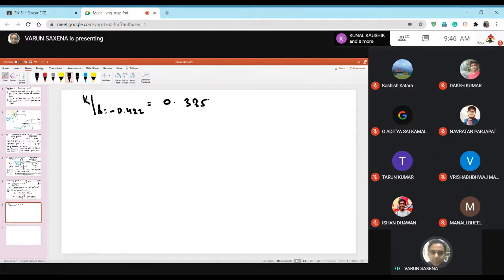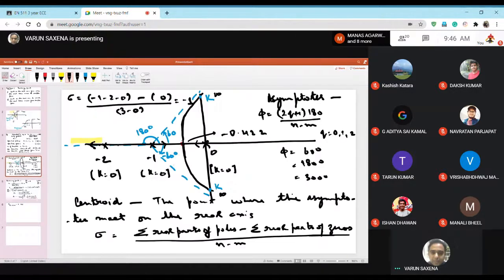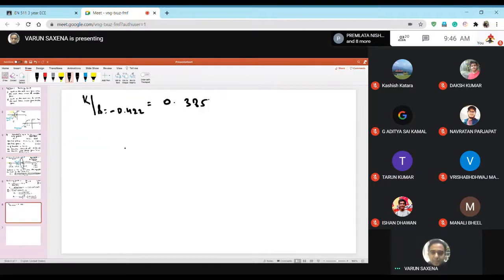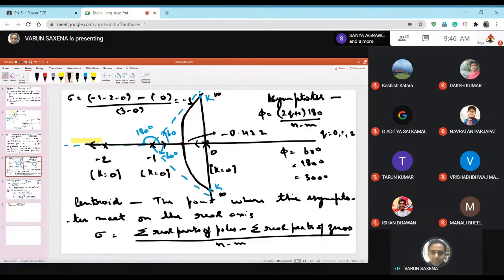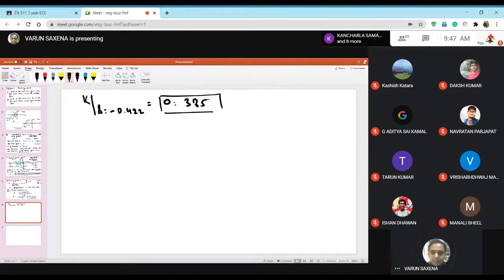So till now you can see k starts from 0 at these points, and at this point you get a value of k equal to 0.385. Please remember this value, because we're going to evaluate another interesting value of k, which happens to be here, and let's see what those values will come to, but in a while. But I want to just tell you that the value of k that you obtain here at the breakaway point in this case happens to be the maximum value of k. So we'll come back to that, but just remember this value that we evaluated it to be 0.385.